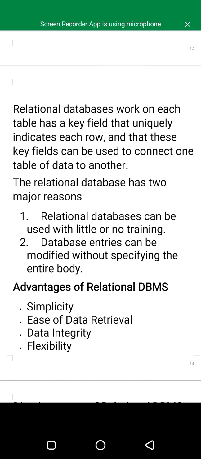Number 2, database entries can be modified without specifying the entire body. So those are the two major reasons as to why people choose relational database models.